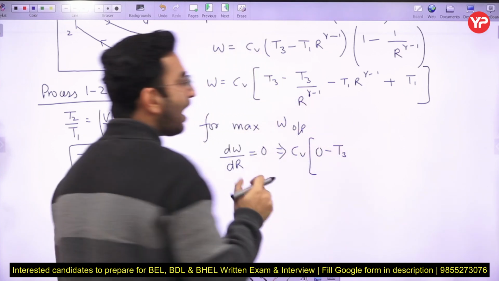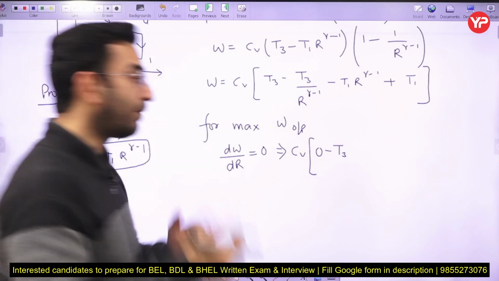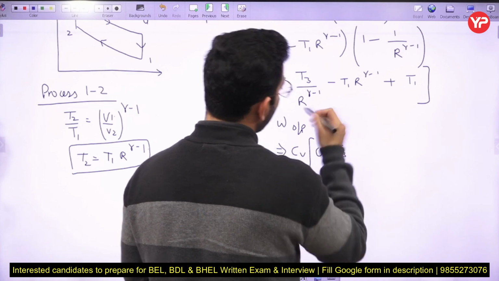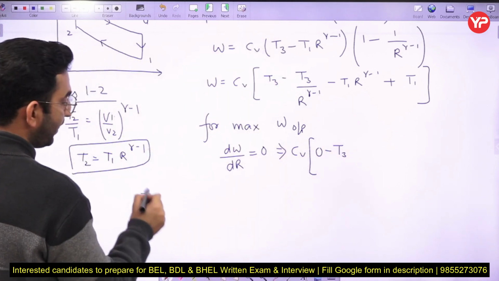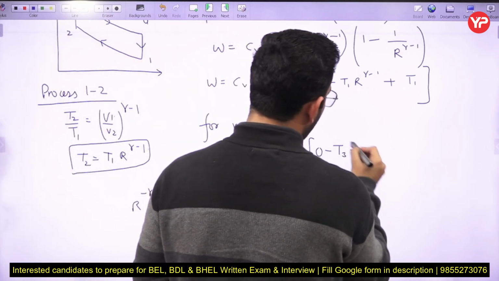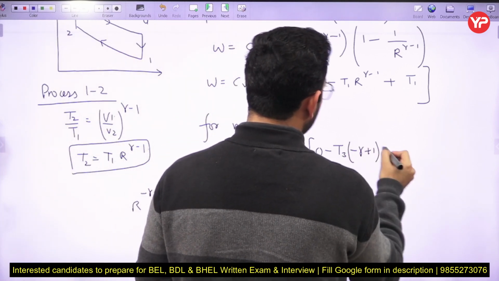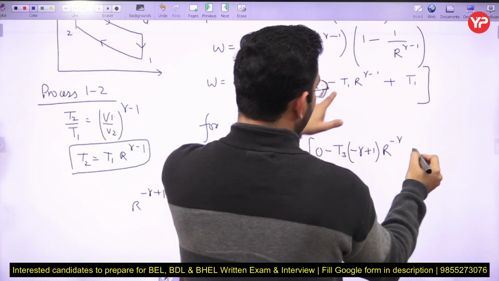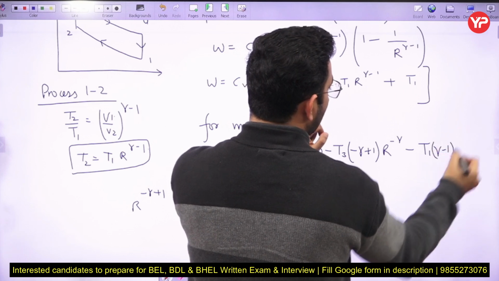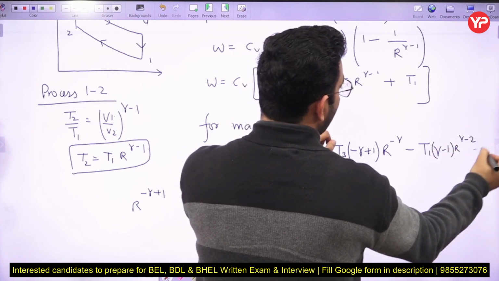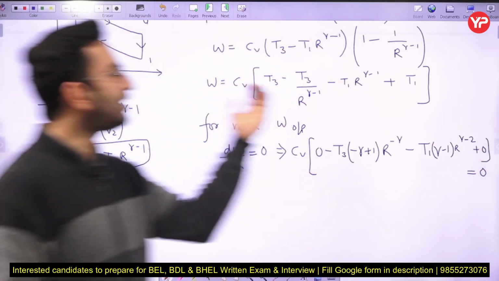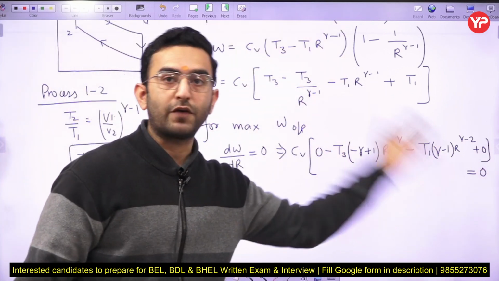The differentiation of R to the power minus gamma plus 1 will come out to be R to the power minus gamma plus 1, simplified further. Here you can see it is coming out to be minus gamma plus 1 R to the power minus gamma, then the differentiation of this term will come out to be gamma minus 1 R to the power gamma minus 2, plus 0. And you have to equate it to 0. So you have differentiated this entire term with respect to compression ratio and you have equated it to 0, and from this